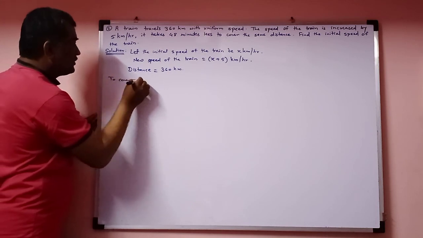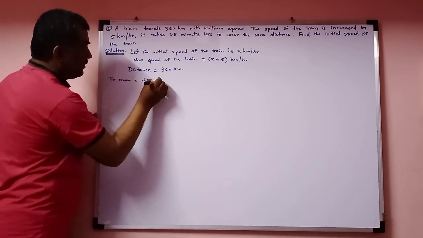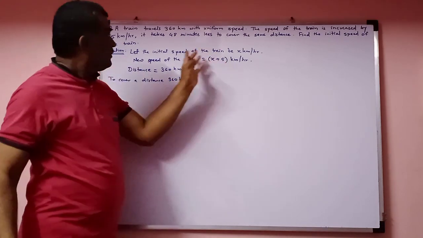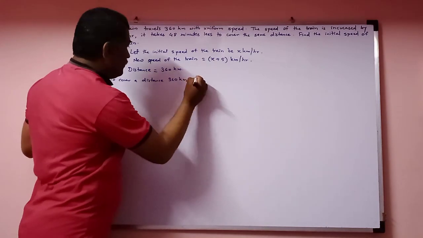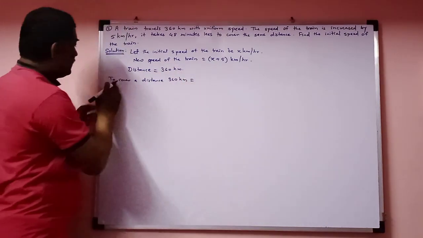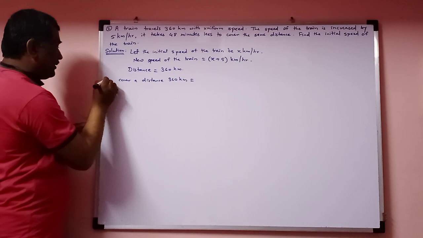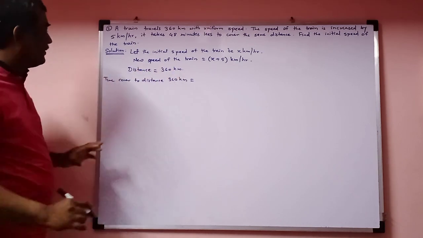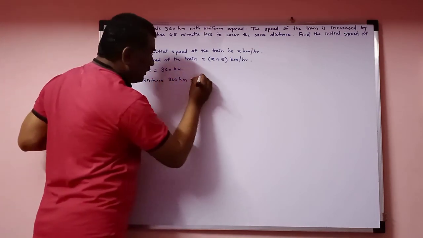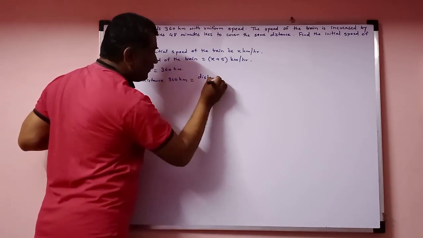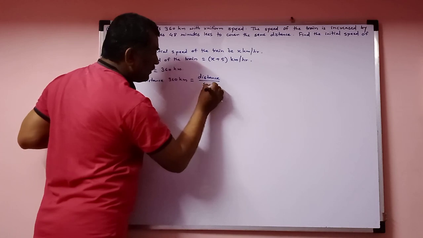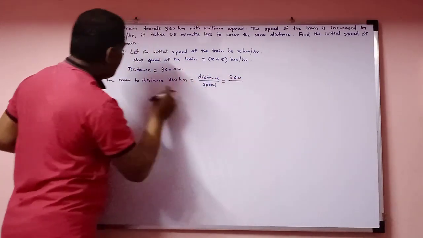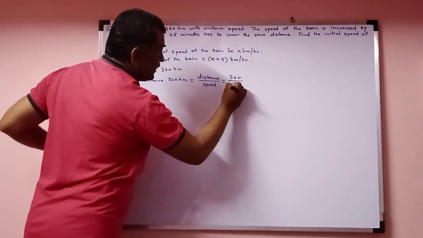To cover a distance 360 km, time is equal to distance upon speed. Distance 360 upon first speed, the initial speed is x